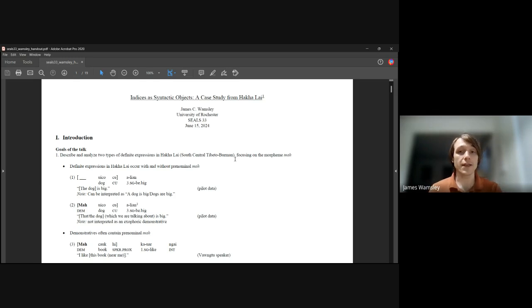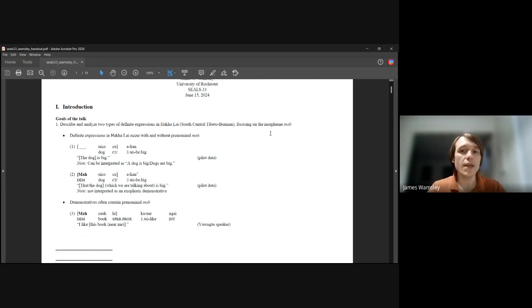I'll go ahead and get started with my presentation, Indices as Syntactic Objects, a case study from Hakha Lai. There are two main goals of the talk. The first is to describe and analyze two types of definite expressions found in Hakha Lai, which is a South Central Tibeto-Burman language. Specifically, I'm going to focus on the morpheme ma and its role in defining these two